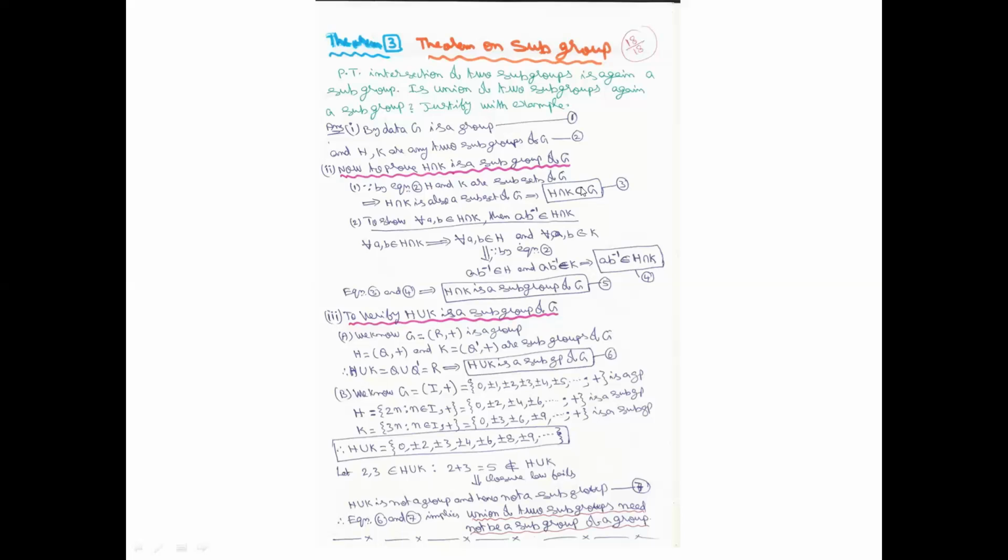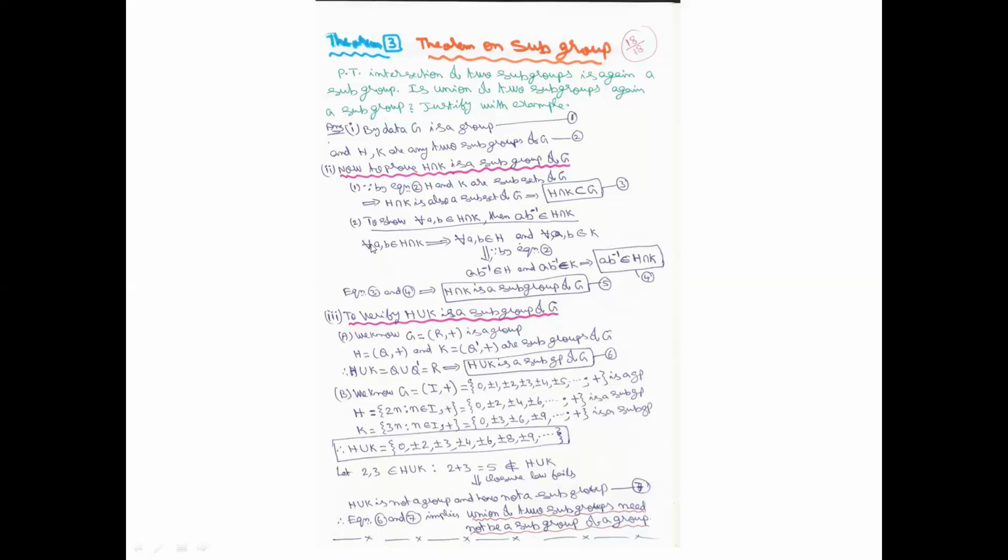In equation 3, we proved H intersection K is a subset of G. If we prove A star B inverse, here I have simply written A B inverse, it is understood that the binary operation star is present, also belongs to H intersection K, then H intersection K is a subgroup of G. See once again, A and B belong to H intersection K. If I prove this result, see the cursor, then H intersection K is a subgroup according to theorem number 2.